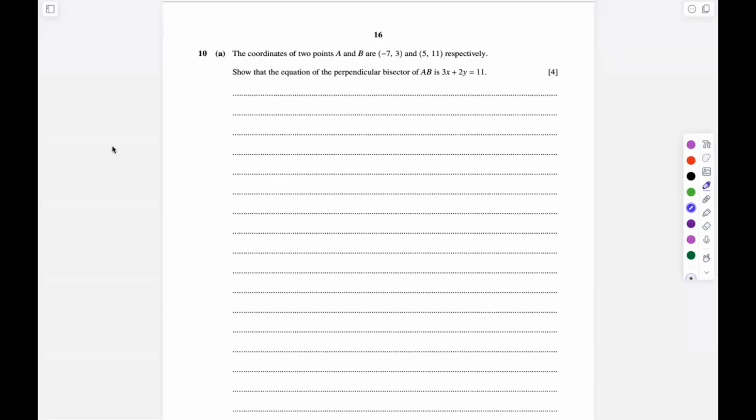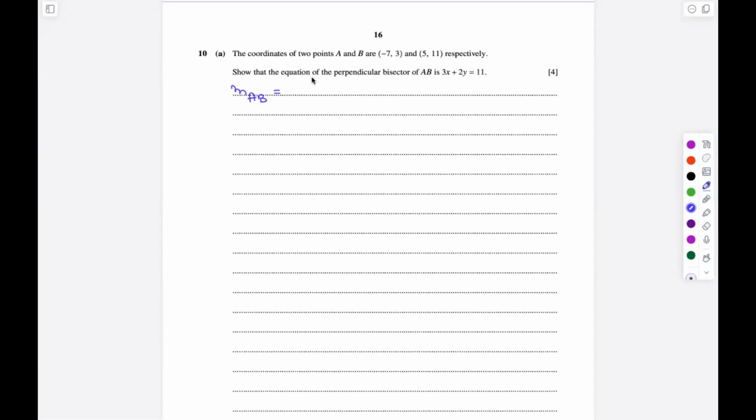In question 10a, the coordinates of 2 points A and B are (-7, 3) and (5, 11) respectively. We have to show that the equation of the perpendicular bisector of AB is 3x + 2y = 11. So in the first step, to find the equation of the perpendicular bisector of AB, we'll first find the gradient